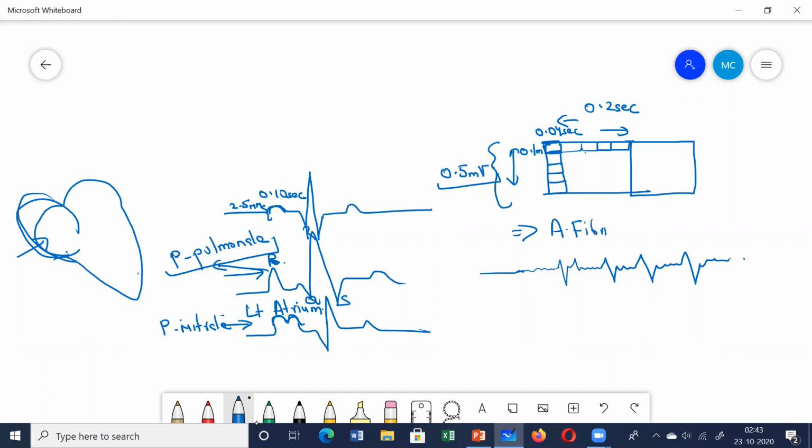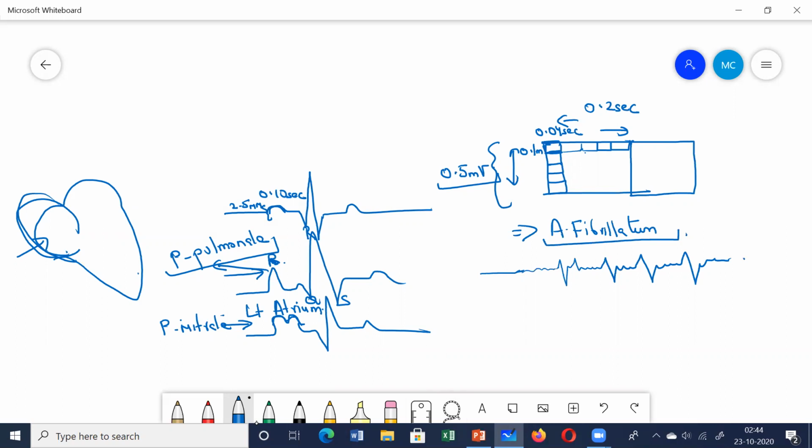Remember, this is a situation of atrial fibrillation. When the atria is fibrillating, the atrial rate is very high. Usually the atrial rate becomes more than 300, in fact more than 350. So more than 350, it's atrial fibrillation. In that situation, the P waves are absent. This you can get as an MCQ also. P waves are absent in atrial fibrillation and before ventricular premature beats. I think I've already discussed this in the arrhythmia chapter. What do you understand by premature beats? Before the regular beat, if you get another beat in the refractory period, it is called a premature beat. So this is one abnormality where the P waves are absent.